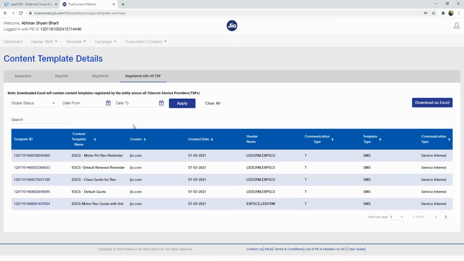Now, once your content template is registered and approved by all telecom operators, you will also see a template ID against your template. For example, we are just going to be using this existing template, ESCS default renewal reminder, and this is the template ID. So I'll just copy this template ID, which has been approved by all the telecom operators.